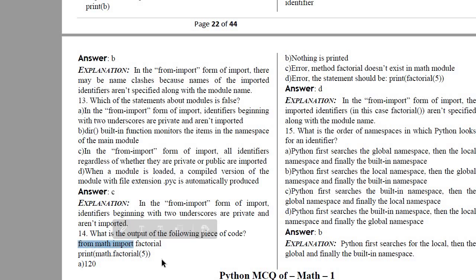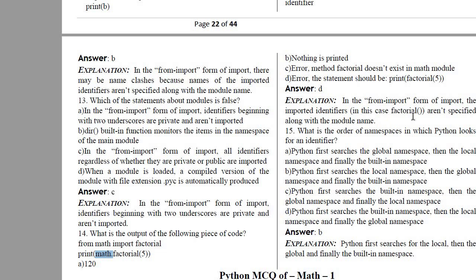And if you want all the math functions to be included, instead of writing import factorial, you will just put an asterisk. If we don't write this math dot, then the answer would be 120, but the statement is written wrongly. So an error will be shown. The statement should be print factorial 5.